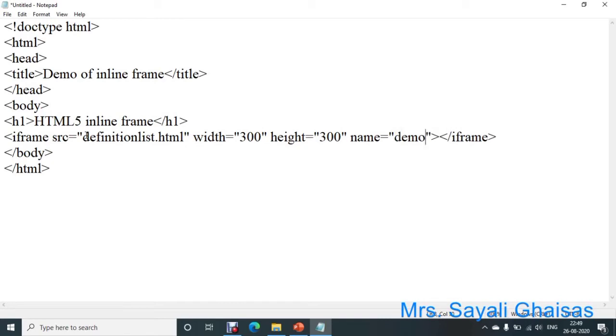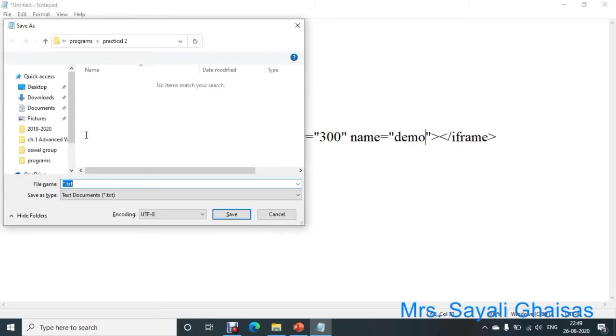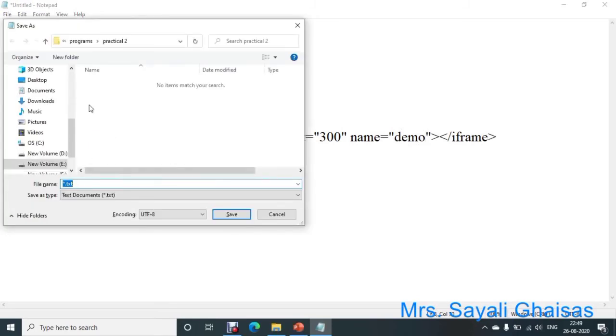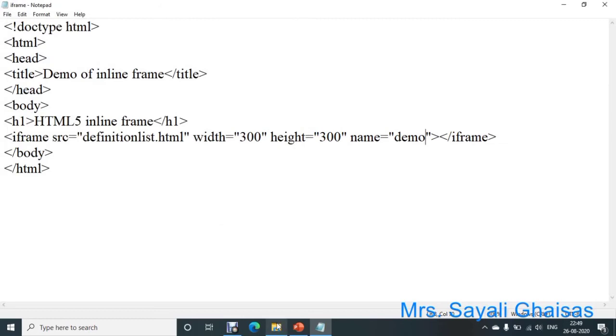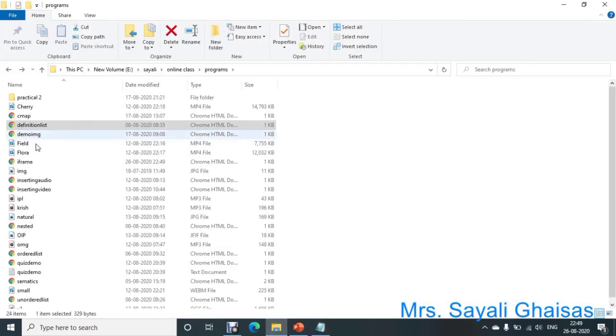Then save this program within a specified folder, as iframe.html.